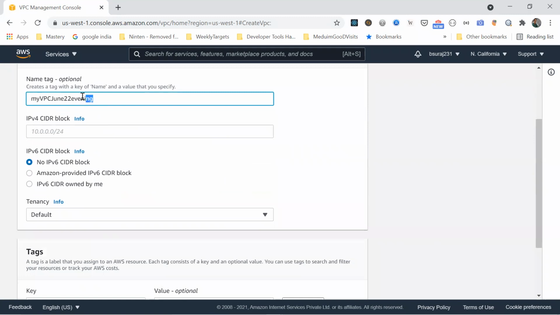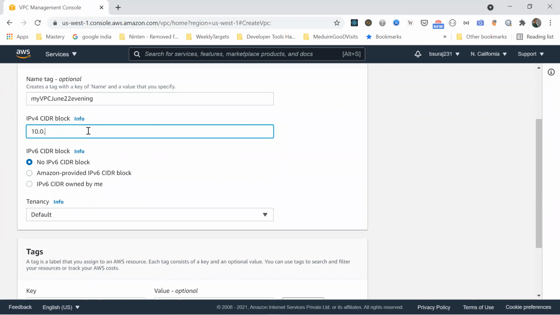I know this is not the naming convention. You should keep it very good in your project. Let's take the VPC as 0.0.0.0 slash up till 26. Okay, so 26. Now I'll explain why we took this, what is the meaning of this 26, what is the CIDR block